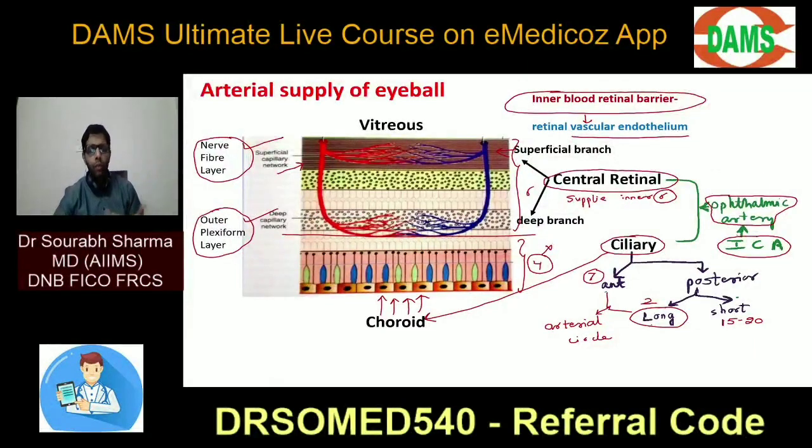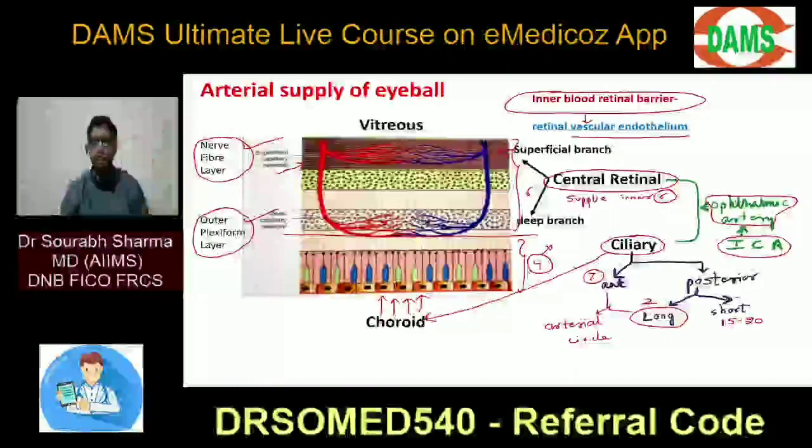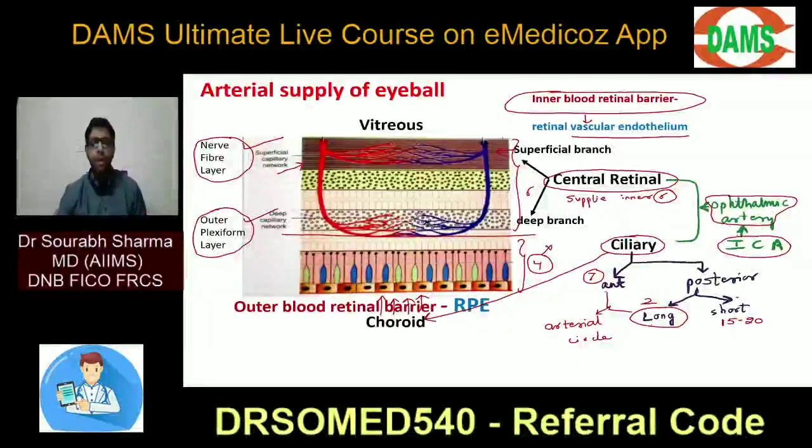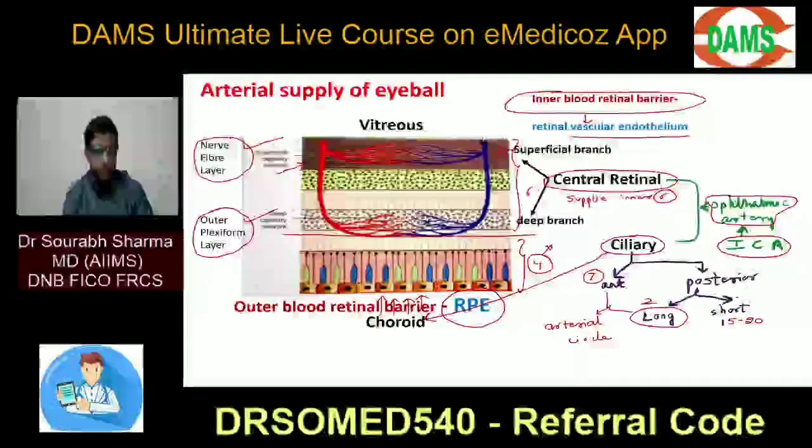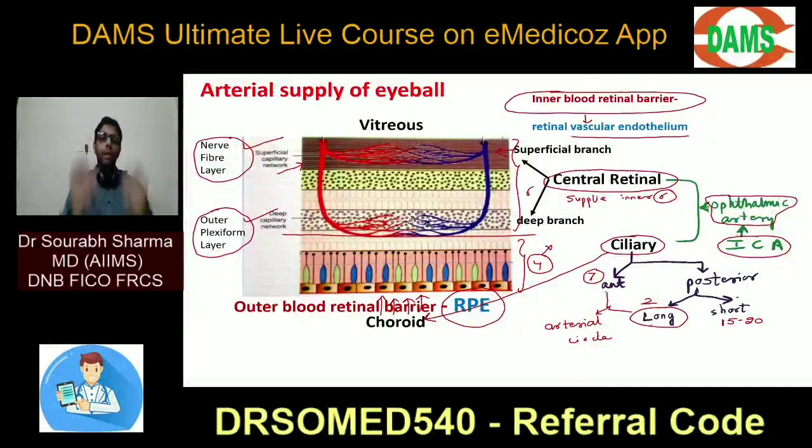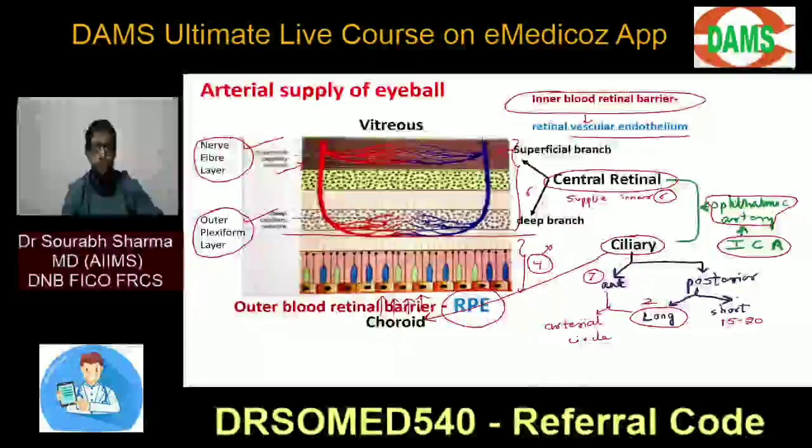And what will prevent the choroid blood from going into the retina? The outer barrier. The RPE is a very strong layer. Usually it's a complex, but at your level you can understand it's the RPE level. The RPE layer does not allow the choroid blood to come into the retina. So there are two very important barriers which prevent the blood from the blood vessels from going into the retina.